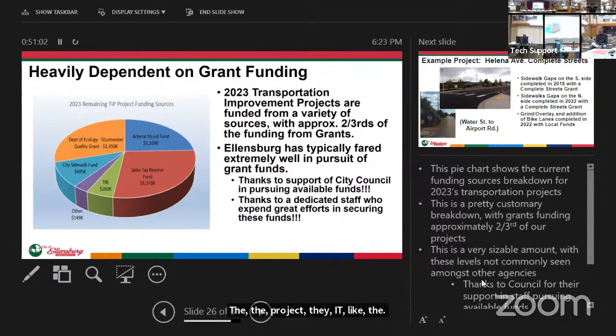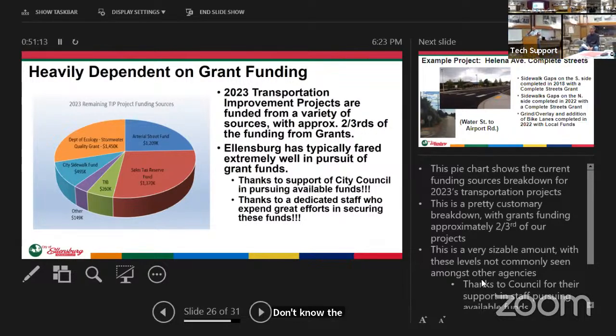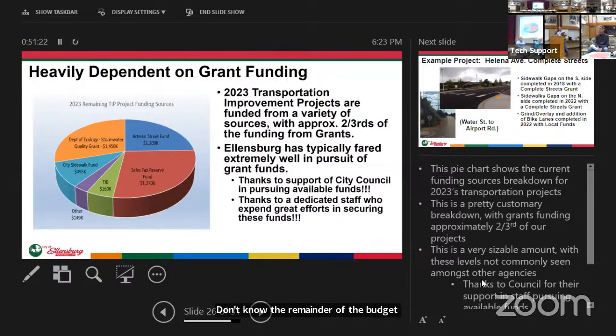The arterial street fund has a very small gas tax component. Of the 1.2 million you see there, most of it is like the sales tax and the year before, or some of those. It's not gas, but there is a small component of gas tax. Okay, so we don't really get that much from gas. Most of our street maintenance is not funded by gas tax. Most of what you see is other sources. Grant funding is very helpful, but it's still a piece.